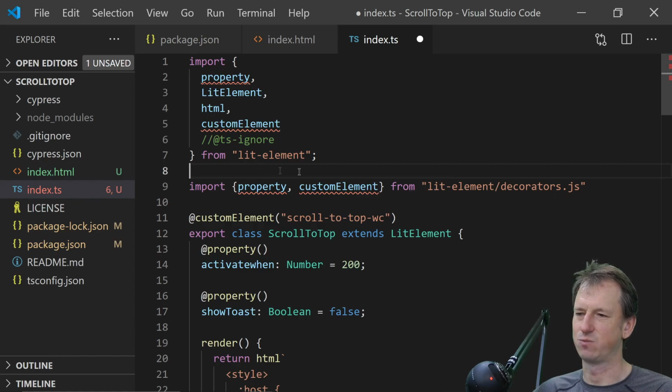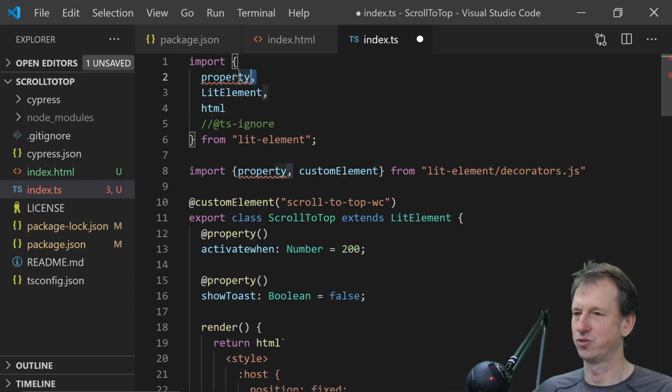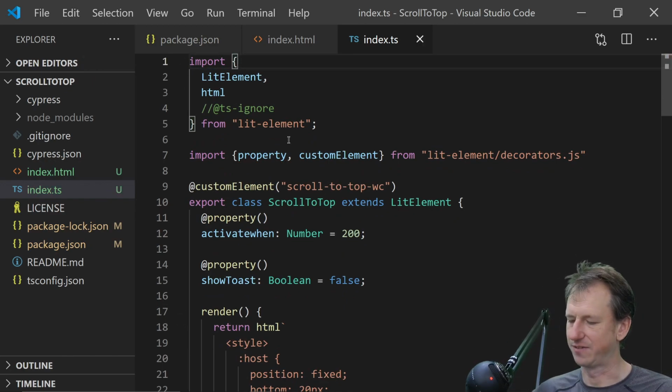Now for this, when you import from a sub package, you need to specify the actual file. I don't totally understand how that works. I'd like to. Maybe I can do a video on it and work it out. So for LitElement itself, Node will resolve it. I guess this resolves to LitElement, and then we get a specific file. So let me save that. So we don't want custom element from the main package anymore, or property. And if I save that off,